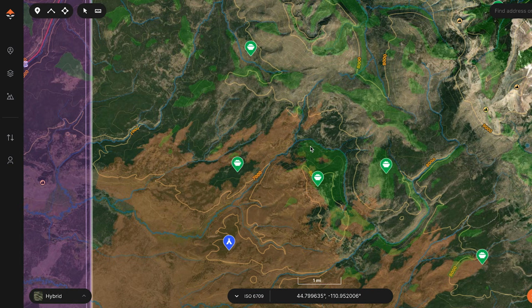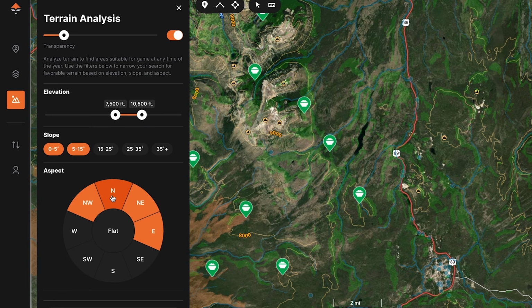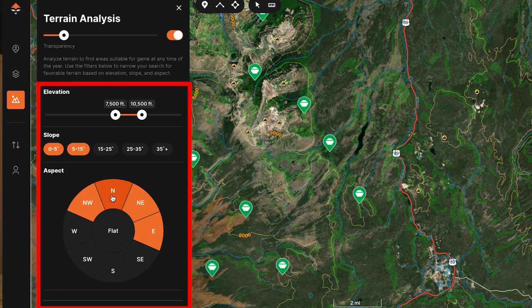This over here, you can see, has all of the places that an elk might be interested in because of the terrain analysis tool. This lighter green stuff you see here is within my elevation band. It has a slope of 15 degrees or less, and it's oriented northwest, north, northeast, or east. So any of these places might have forage, but in this food period I'm also looking for